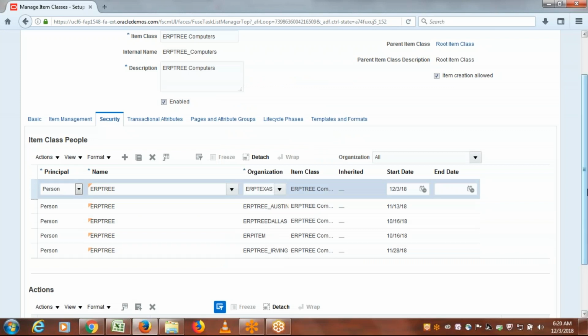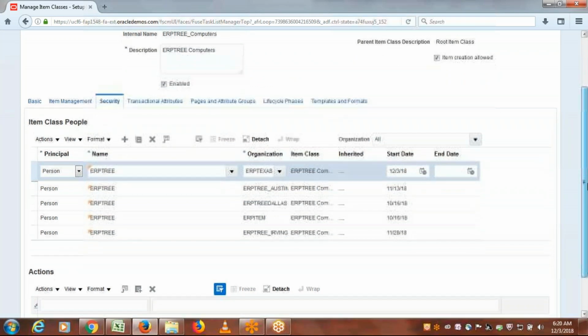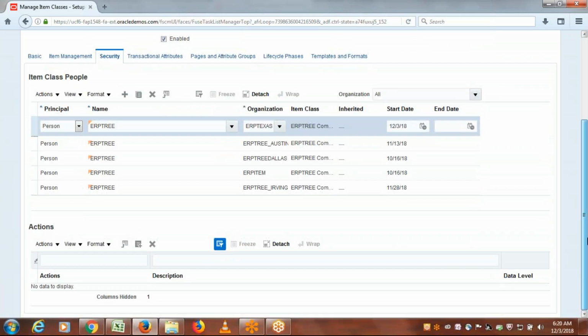So make sure that you are giving the required permissions to this user and organization for this item class. Click on add,